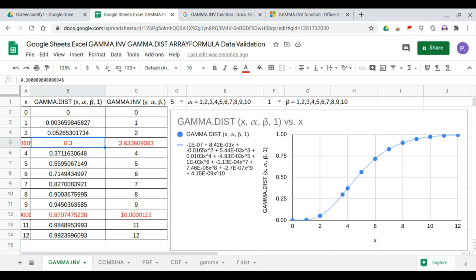This confirms the accuracy of our dataset for the gamma inverse function and gamma distribution function using array formula and data